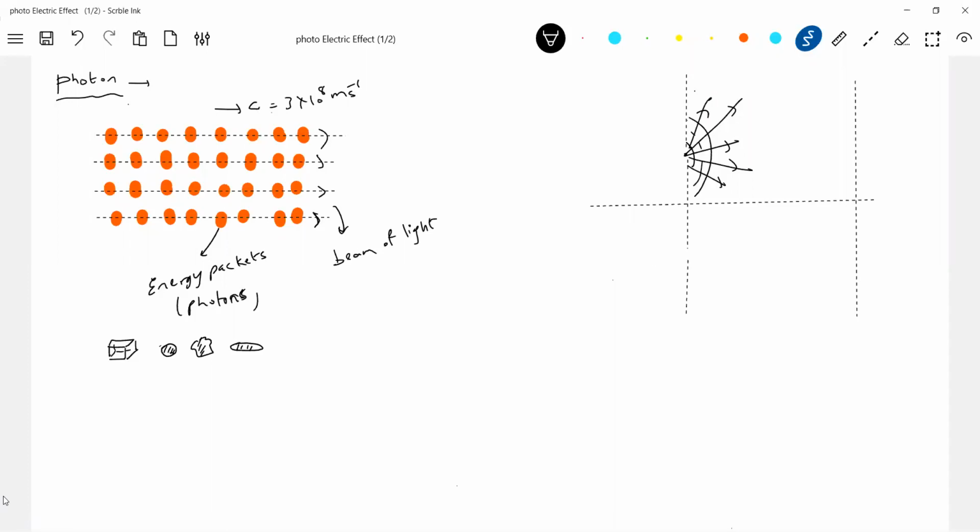What is lambda? Lambda is the wavelength of light. This is a spherical wavefront. Similarly for a beam of light, how will the wavefront be? For a parallel beam of light, the wavefront should be vertical parallel lines, and the distance between the lines, the distance between the vertical lines, is nothing but the wavelength we defined.